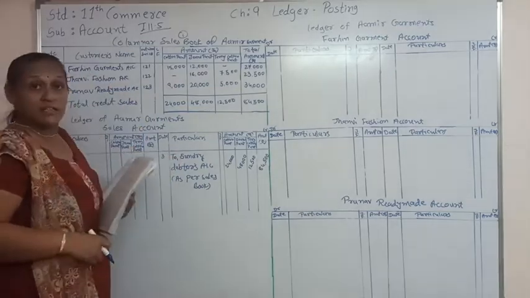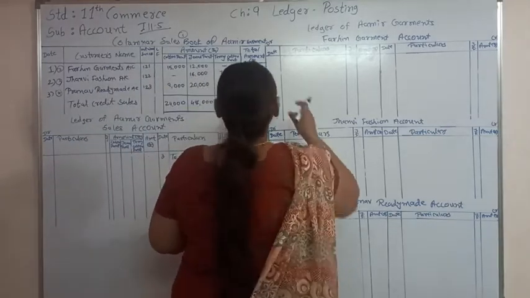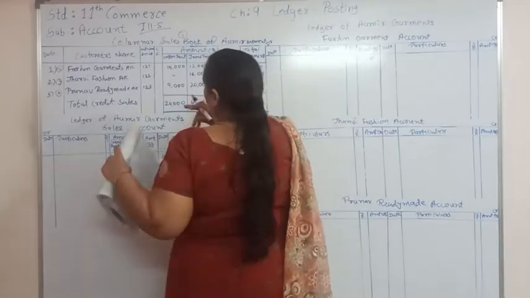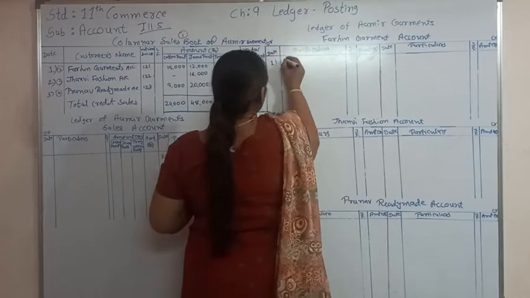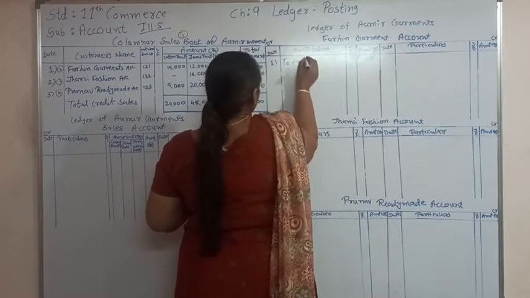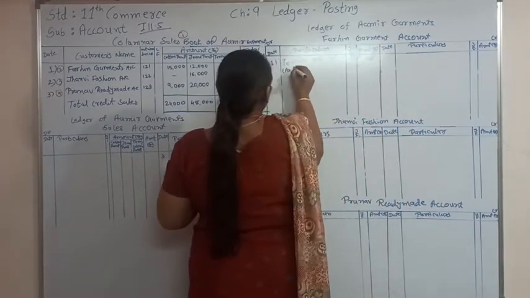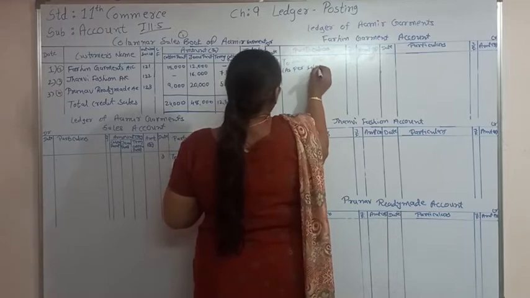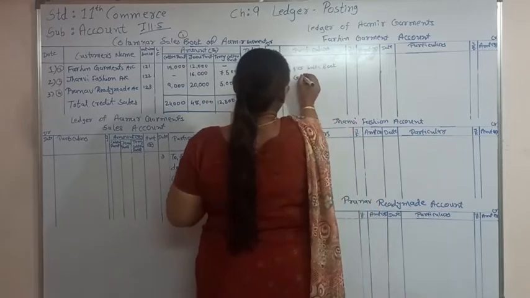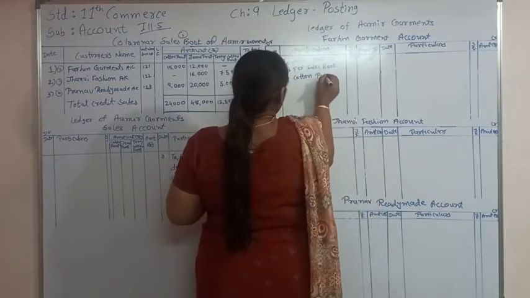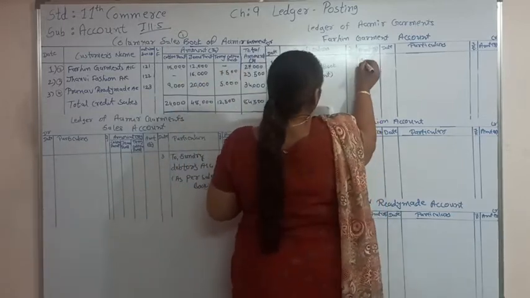We are going to debit all the debtors accounts. In that, the very first is the Farhin garment account. So on the debit side of the Farhin garment account, the sales is on the first date. So we are going to write down the first, to sales account, and as per sales book. And here the very first thing is cotton pant, and the total of cotton pant of Farhin account is 15,000.